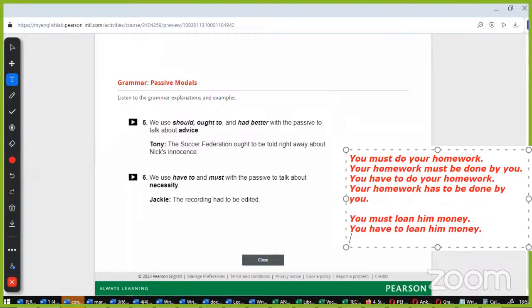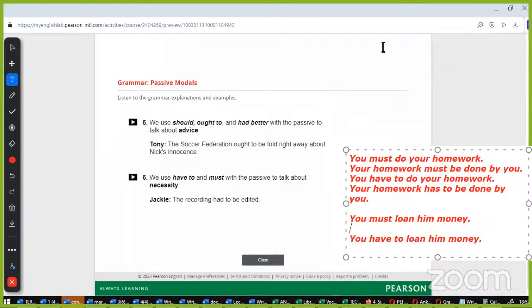Yes. You must loan him money. Loan is like prestar. Yes. He must